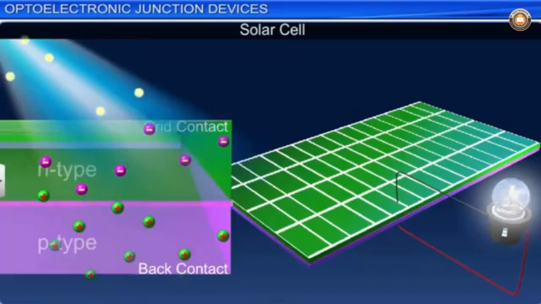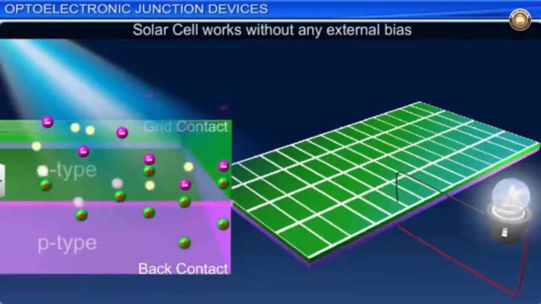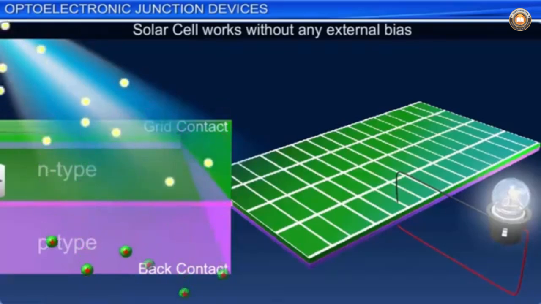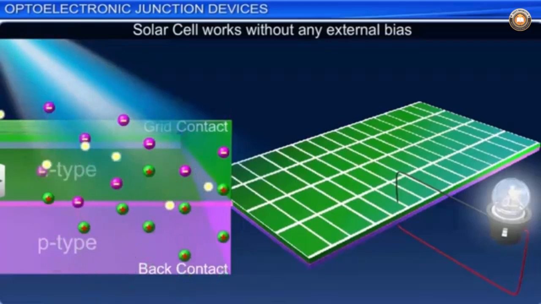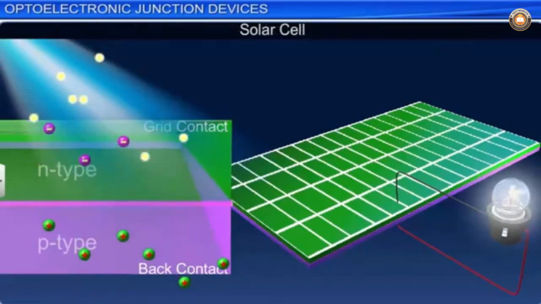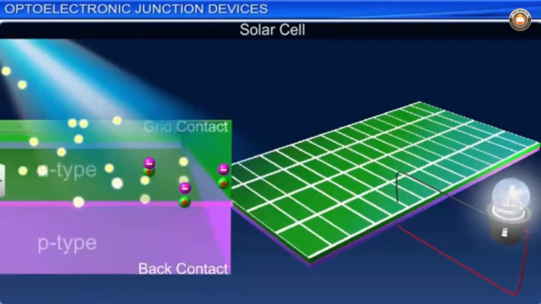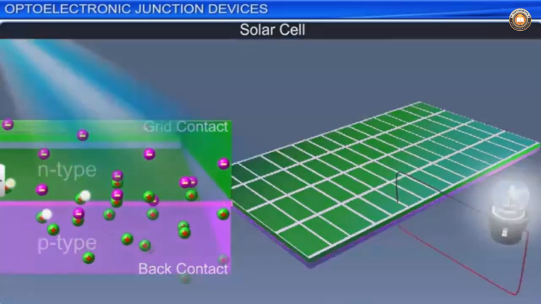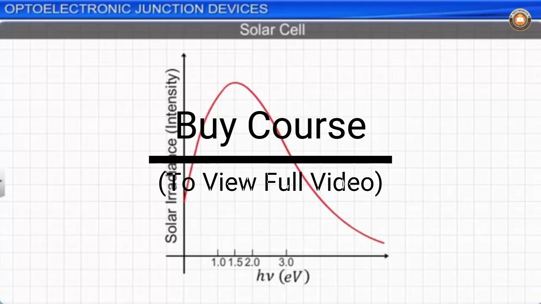Unlike a photodiode, a solar cell works without any external bias. The large surface area of the p-n junction in a solar cell generates measurable photocurrent, making it a source of electricity. However, just like a photodiode, the photocurrent produced by a solar cell depends on the intensity of the incident light. If we plot the intensity of solar radiation against its energy, we find that the maximum intensity radiation is produced by photons having energy equivalent to 1.5